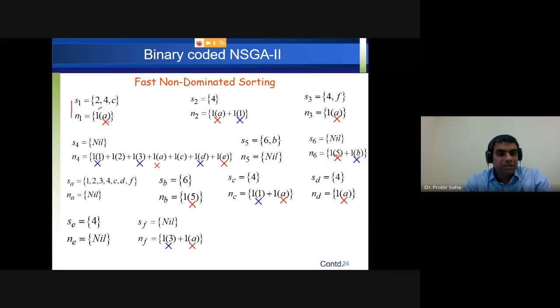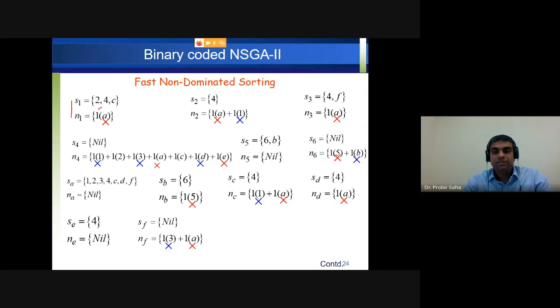And what is that solution? It is the solution A. So solution A is better than solution 1. So it has a domination count of only 1. And what is S1 here? There are 3 solutions, 2, 4, C, which are inferior to solution 1. So that's how we have to do it for S1, S2, S3, S4, S5, S6, then